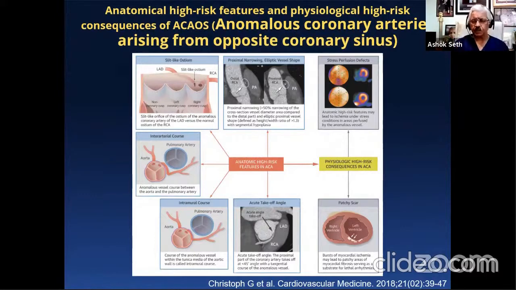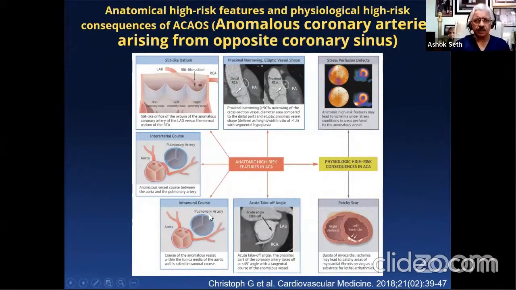But there's a couple of things which I do need to address right up front. The anomalous coronary arteries which arise from the opposite coronary sinus are the ones which are the toughest to deal with and are obviously the most dangerous. So be it the left main arising from the right coronary sinus, or the right coronary arising from the left coronary sinus. Those are the 2 important ones, and some of those can be malignant. And the reason they can be malignant or have the incidence of causing angina, causing effort-related ischemia, or causing sudden cardiac death is a number of